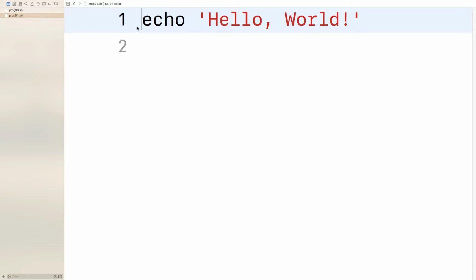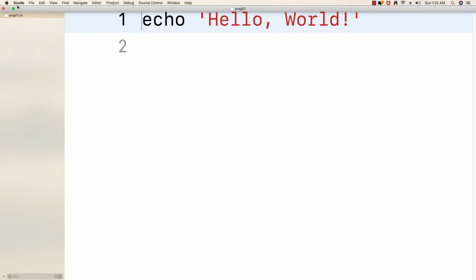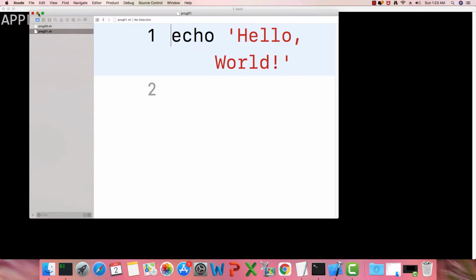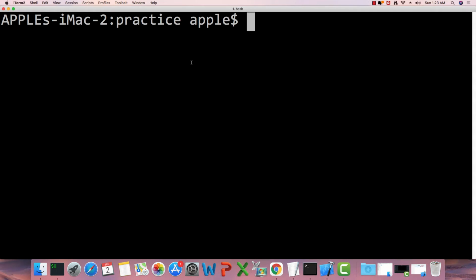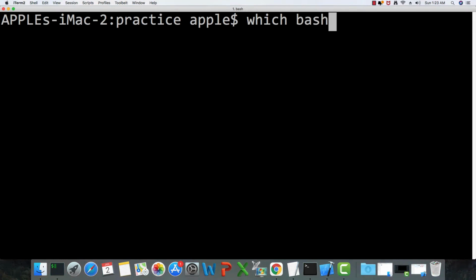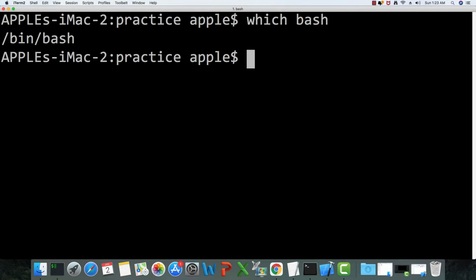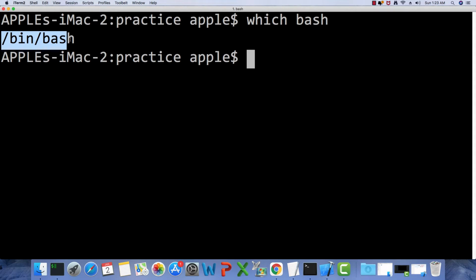Now I also need to tell you one more thing. There is something known as shabang or shebang in bash scripting. So let me tell you what it actually means. If I say which bash and hit enter, it will tell me the location of the bash file. So I'm going to copy this location of the bash file